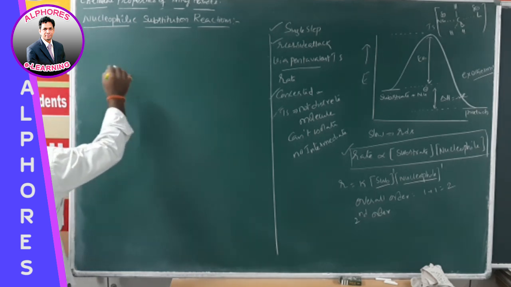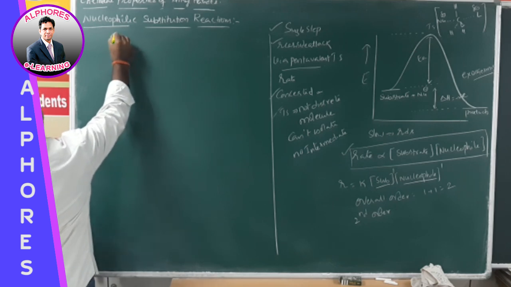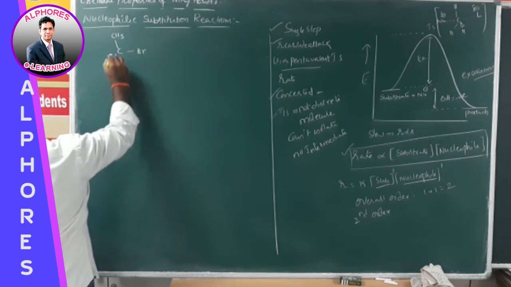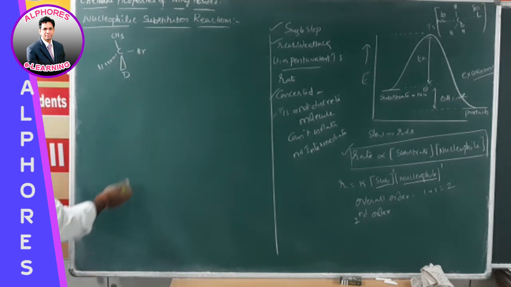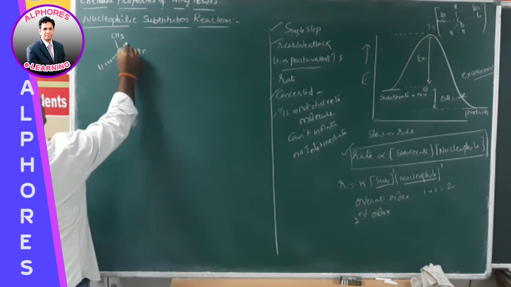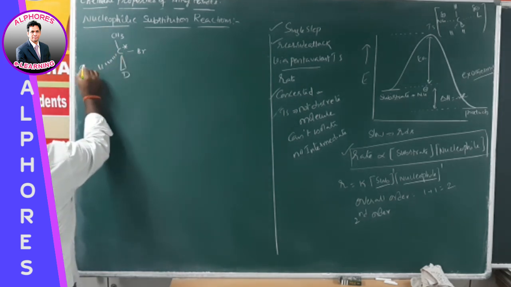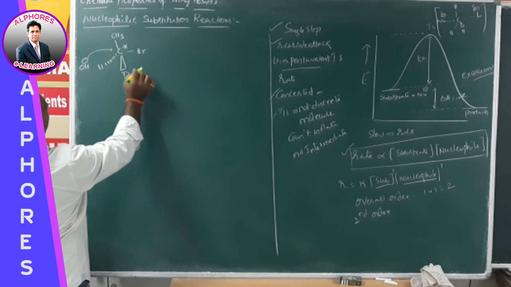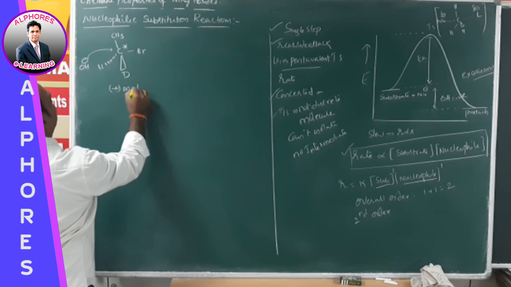Let us consider an example. Here the carbon consists of one methyl group, one Br, one hydrogen and one deuterium. This carbon is now attached to 4 different groups. That's why we can say this carbon is called a chiral carbon. Now the attacking nucleophile, let us assume OH minus, approaches from the rear side. Now I am going to mention this one as plus or D, whatever.